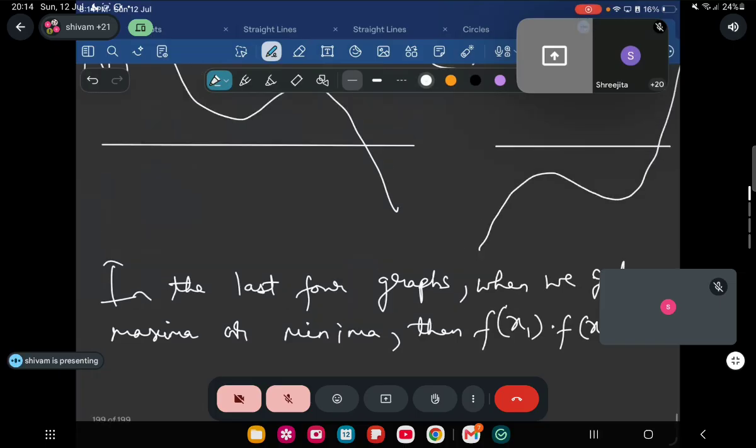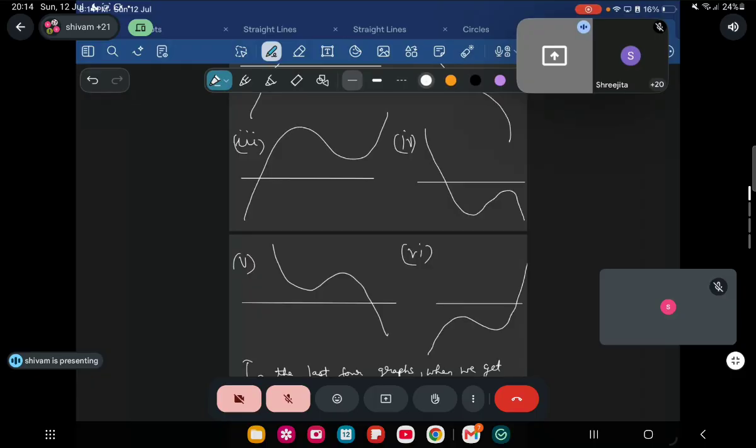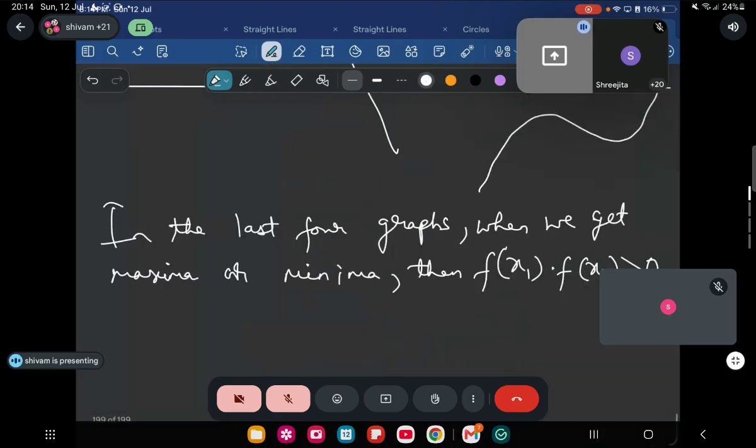Right, tell me. See, in the last 4 cases, the maxima and minima are lying on the same side of the x-axis. So the product f of x1 into f of x2 must be greater than 0,